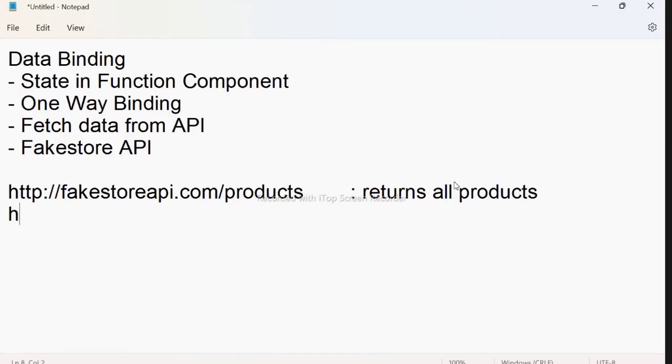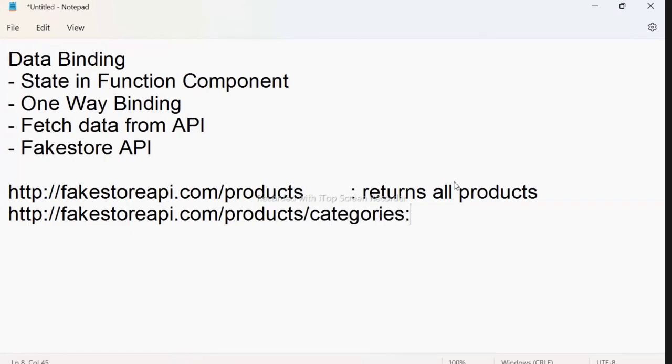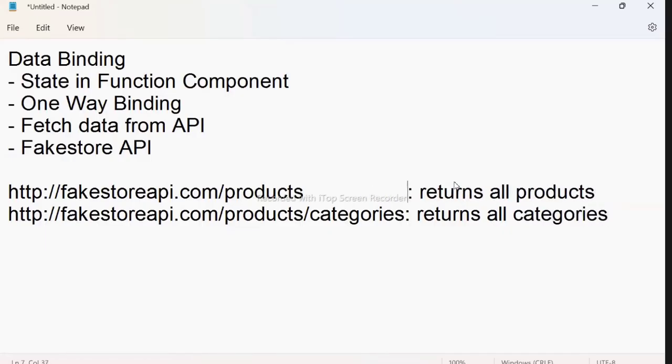They have another one, fakestoreapi.com/products/categories. Actually, it returns all categories. We have all products, all categories related. These two API methods, so many methods are there. In this, we will use these two. These are the basic API methods, how we can handle. Right? Now, the point is